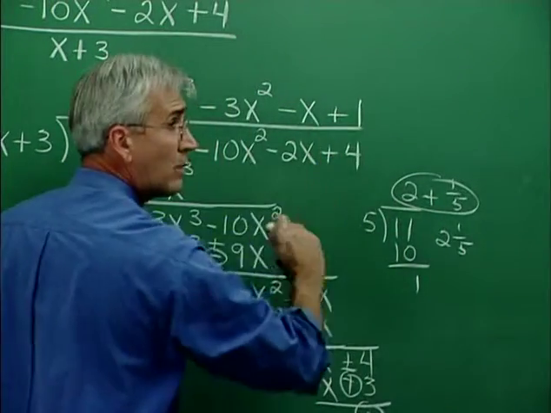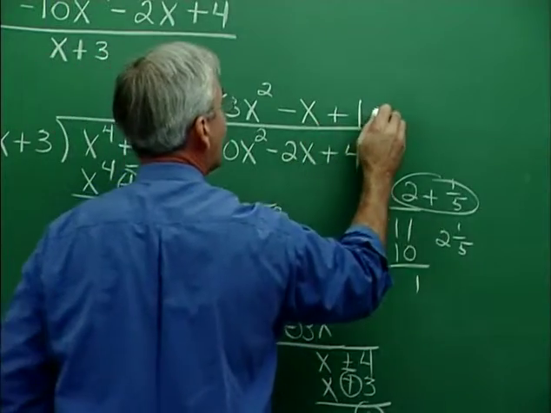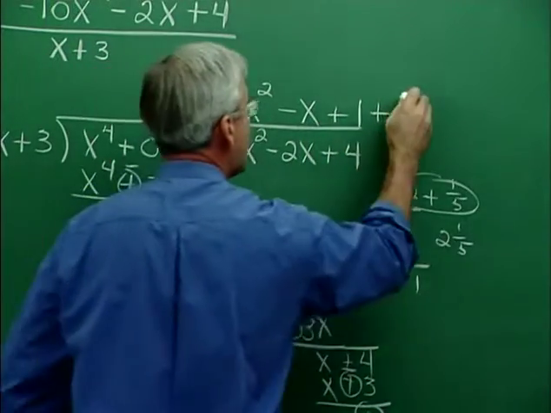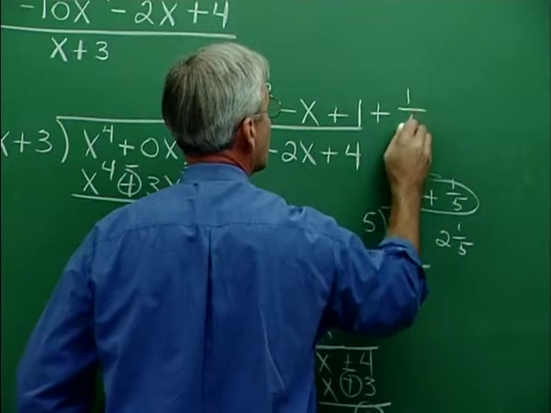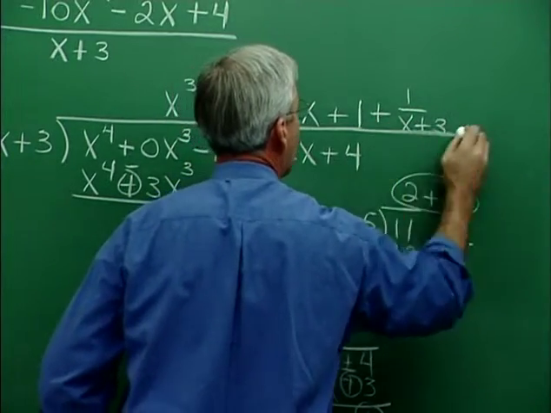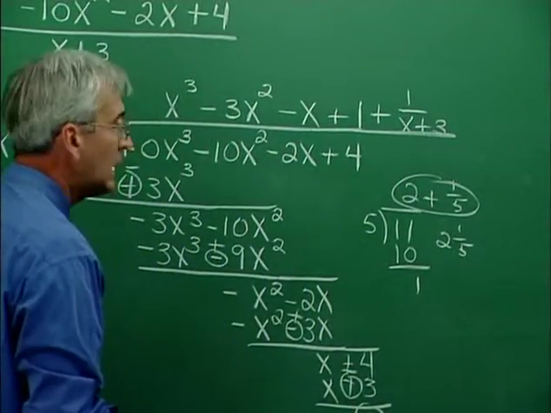Our complete answer would be all of this polynomial plus the fraction, remainder 1 over divisor x + 3. So that is then our complete answer. Now,